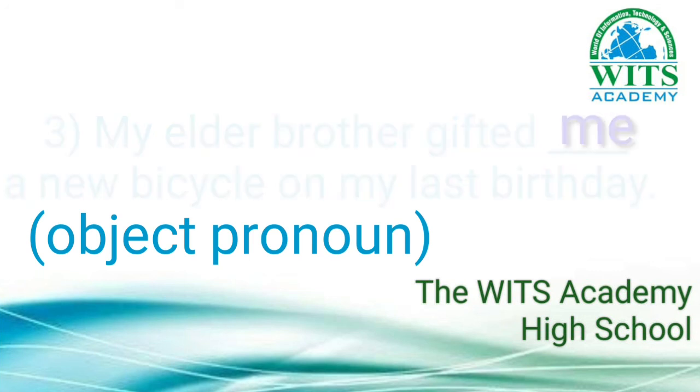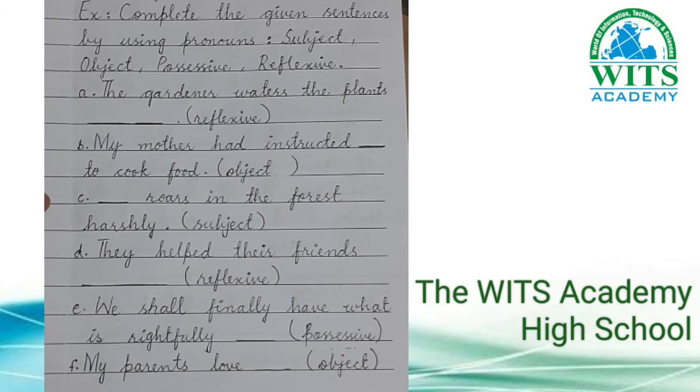Okay, students? I really hope that you have understood pronouns as subject, object, possessive and reflexive. So here is your assignment. What you will have to do, as I have explained some examples to you, same as I have given you the assignment, I have given blanks in the sentences and I have given options too. Now you will have to see which reflexive, possessive, object or subject pronoun will be used in the blanks. Okay, students? Thank you.